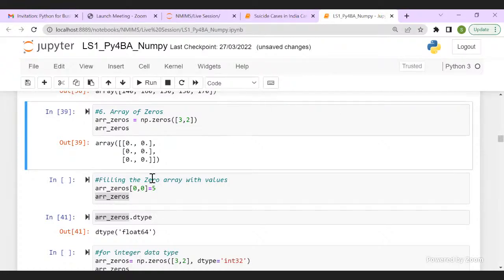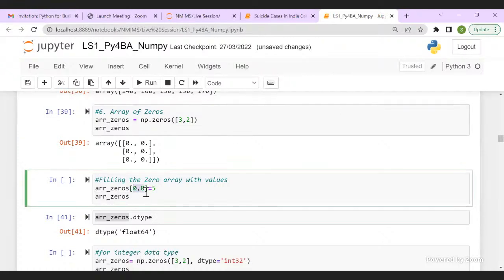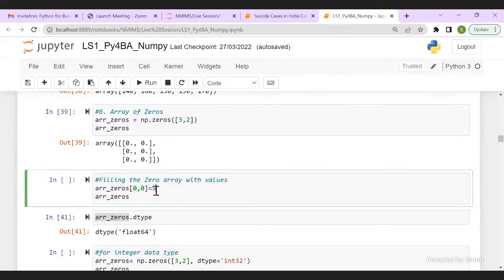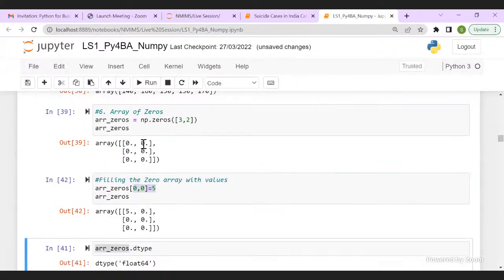Okay. So what I'm doing is I'm referring here to the 0th row and 0th column. So that is my first row, first column, that is 0, 0 for the indexing. And if I assign it a value 5 and execute it, my 0 here has been replaced with 5.